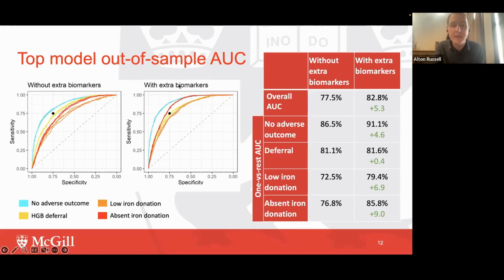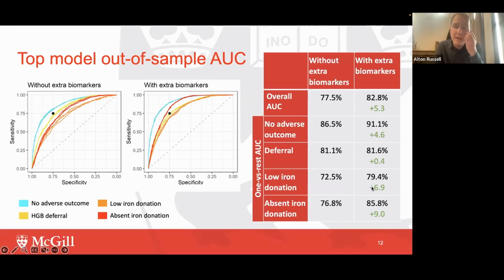We can see that when we add the extra biomarkers, performance does go up, particularly for predicting absent iron stores, shown in red. We see from the table on the right that it goes up by 9% AUC in terms of absolute percent, not relative percent. And low iron stores, or our low iron donation, shown in orange here, also goes up by a fair bit, by